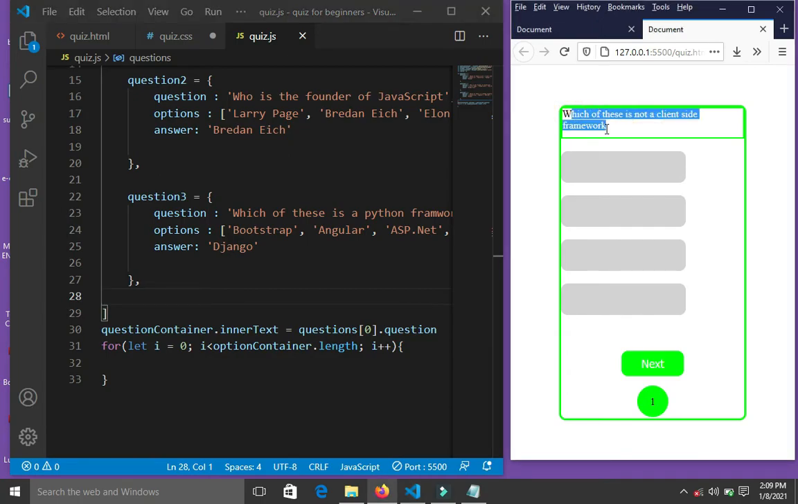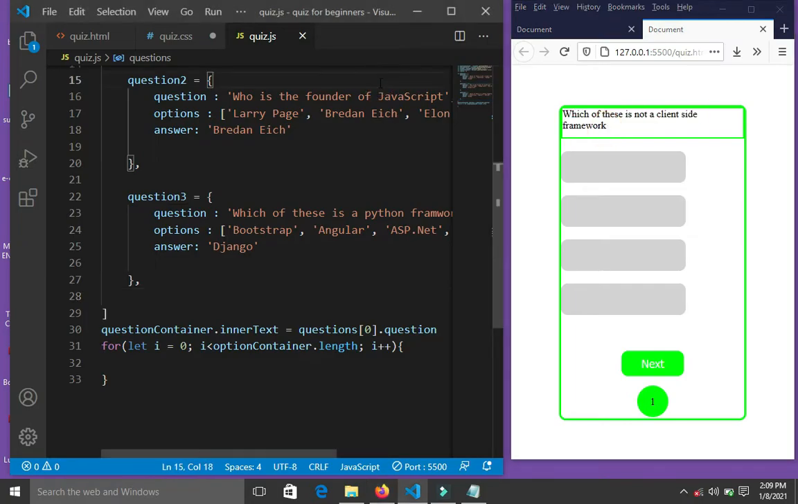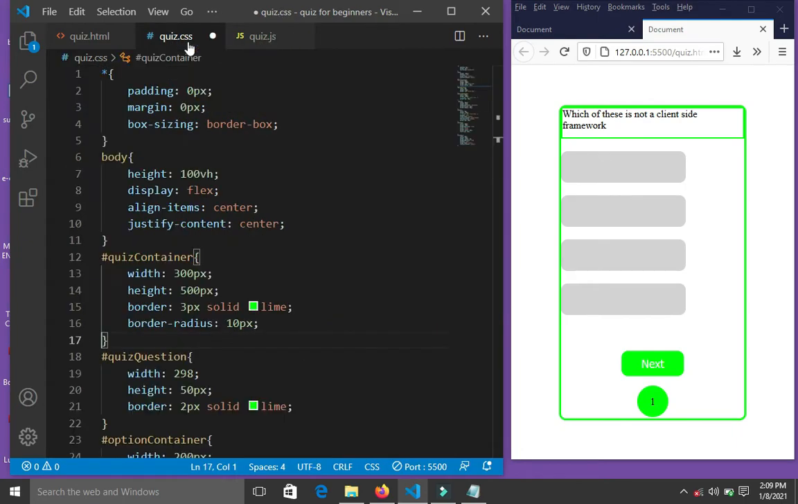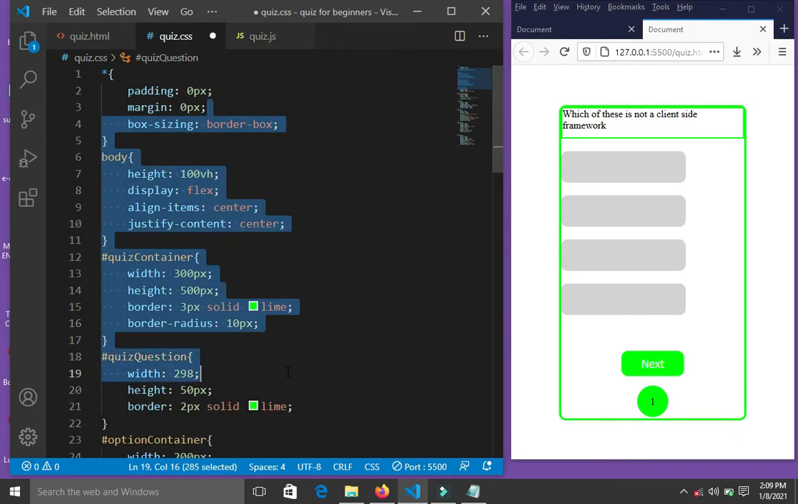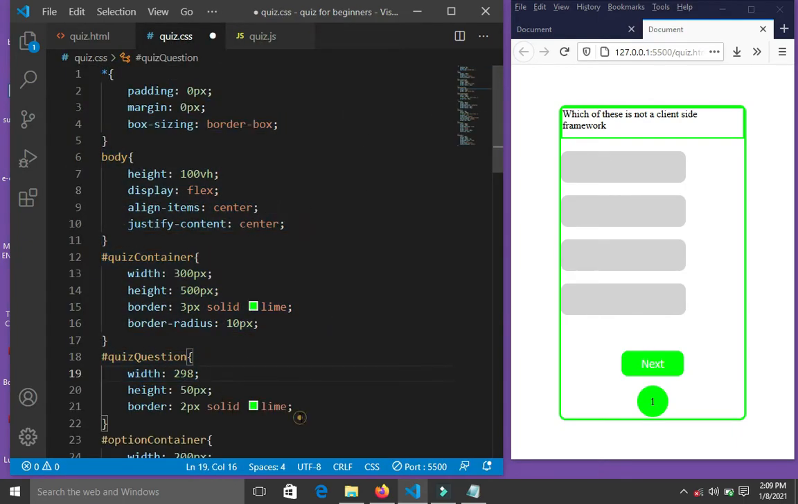It says which of these is a client-side framework. You can see that's looking nice. So I need to go and style this. I want it to look better. Come down to the CSS. Go to the question container, quiz question. I'm going to give it a font family of